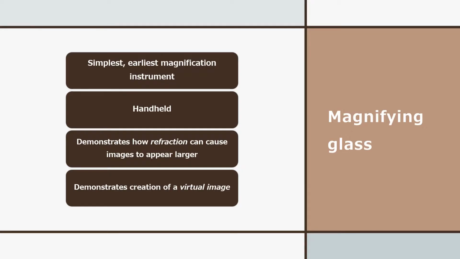The magnifying glass is the simplest and earliest magnification instrument. A major benefit is that it's handheld. You can carry this around on your person. Other benefits include that it's very inexpensive. When talking about any materials, a department has a finite budget. If you have an inexpensive and very useful instrument, that's a really valuable commodity to have. It requires little to no training